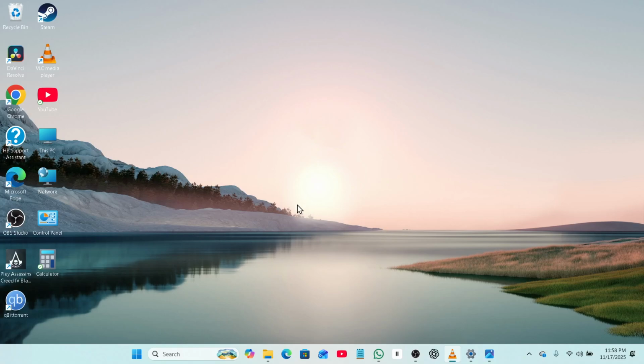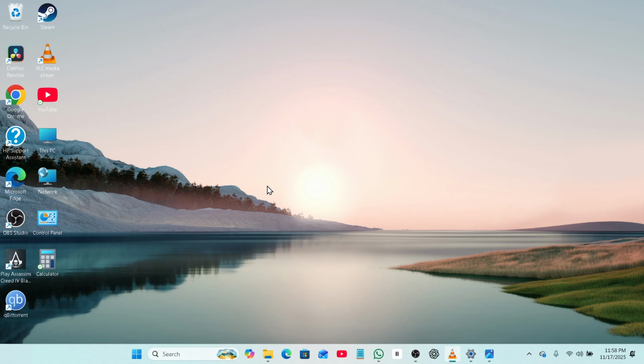Today, I'm going to show you how to disable Google Drive or completely remove it from your PC. If you're trying to free up space, reduce background processes, or simply clean up your system, removing Google Drive is a quick and simple task. In this guide, I'll walk you through every step in a clear and beginner-friendly way so you can complete the